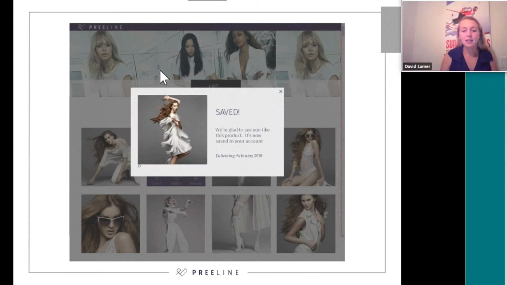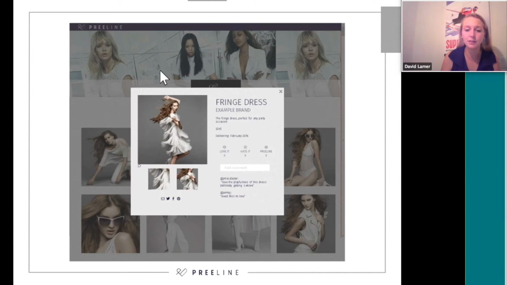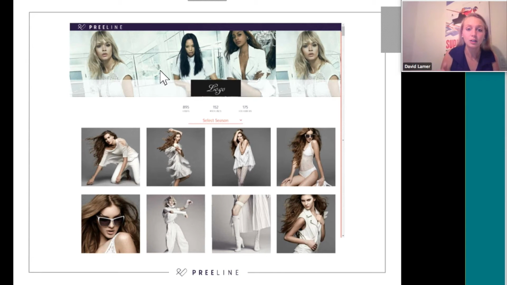So this is sort of an example of UX. Right now, we're showing the navigation of a user through our PreeLine Nucleus platform. What's not shown here is the emotion the user is feeling as they type out, "Love it," for this dress. Does that mean that they would like to ultimately purchase this dress? Does that mean they're going to share this dress with their friends? Those are some things that you want to dig into as you look into UX